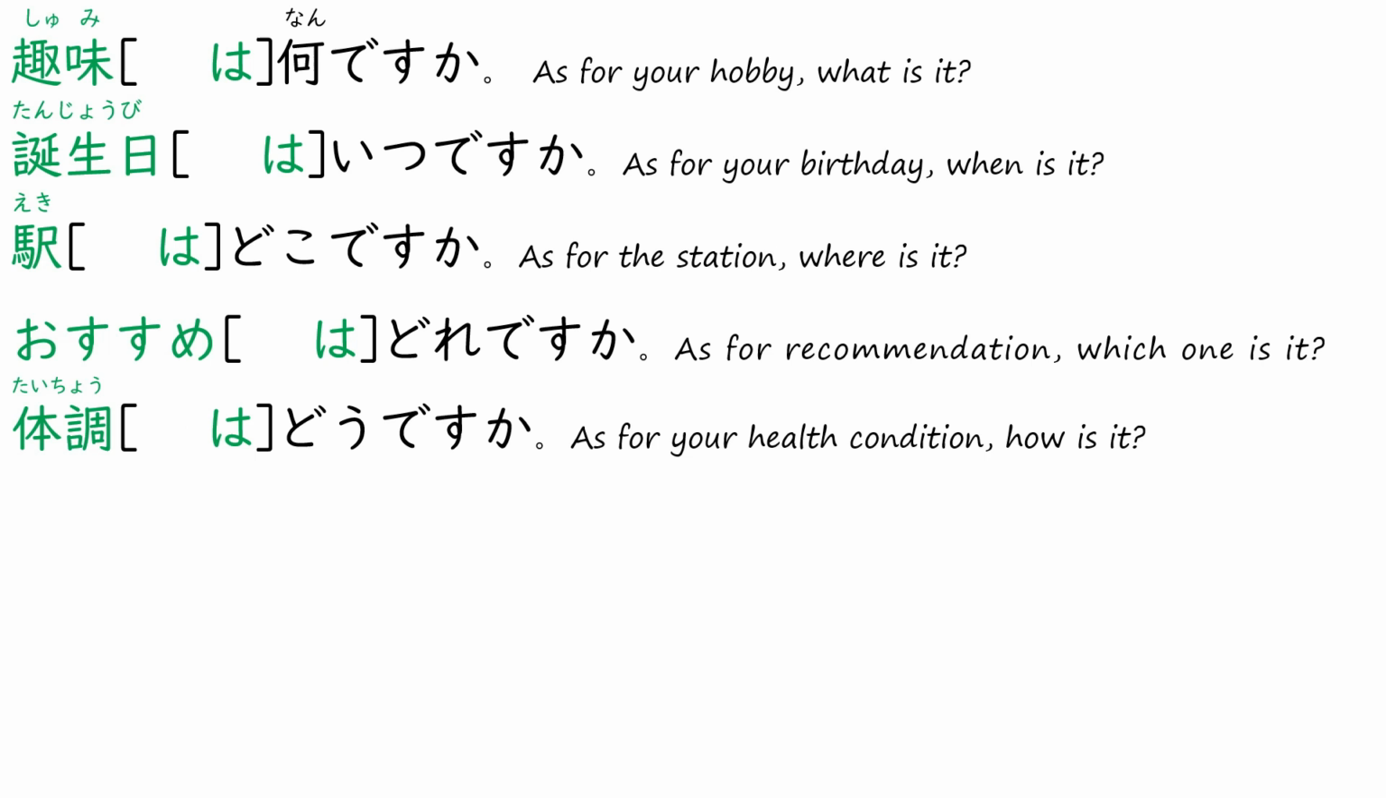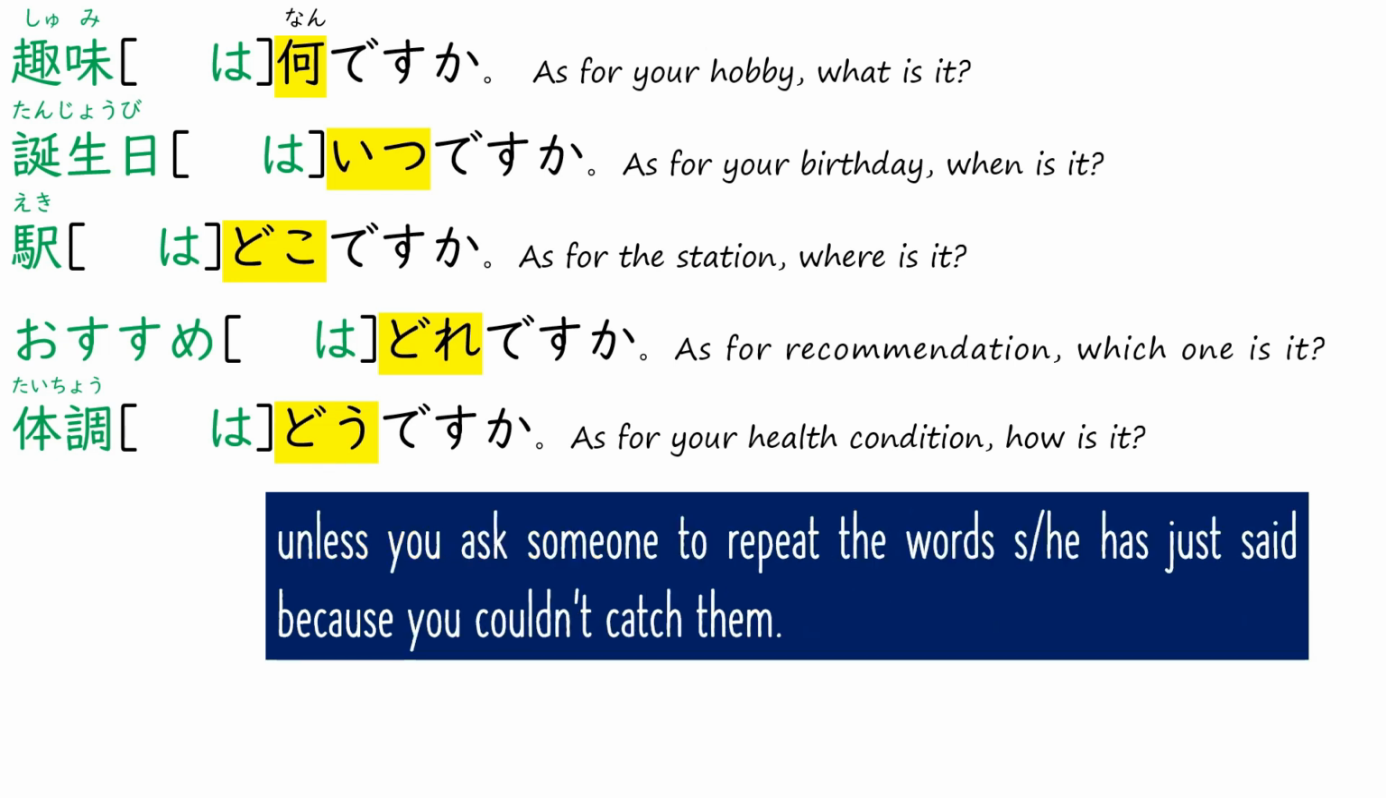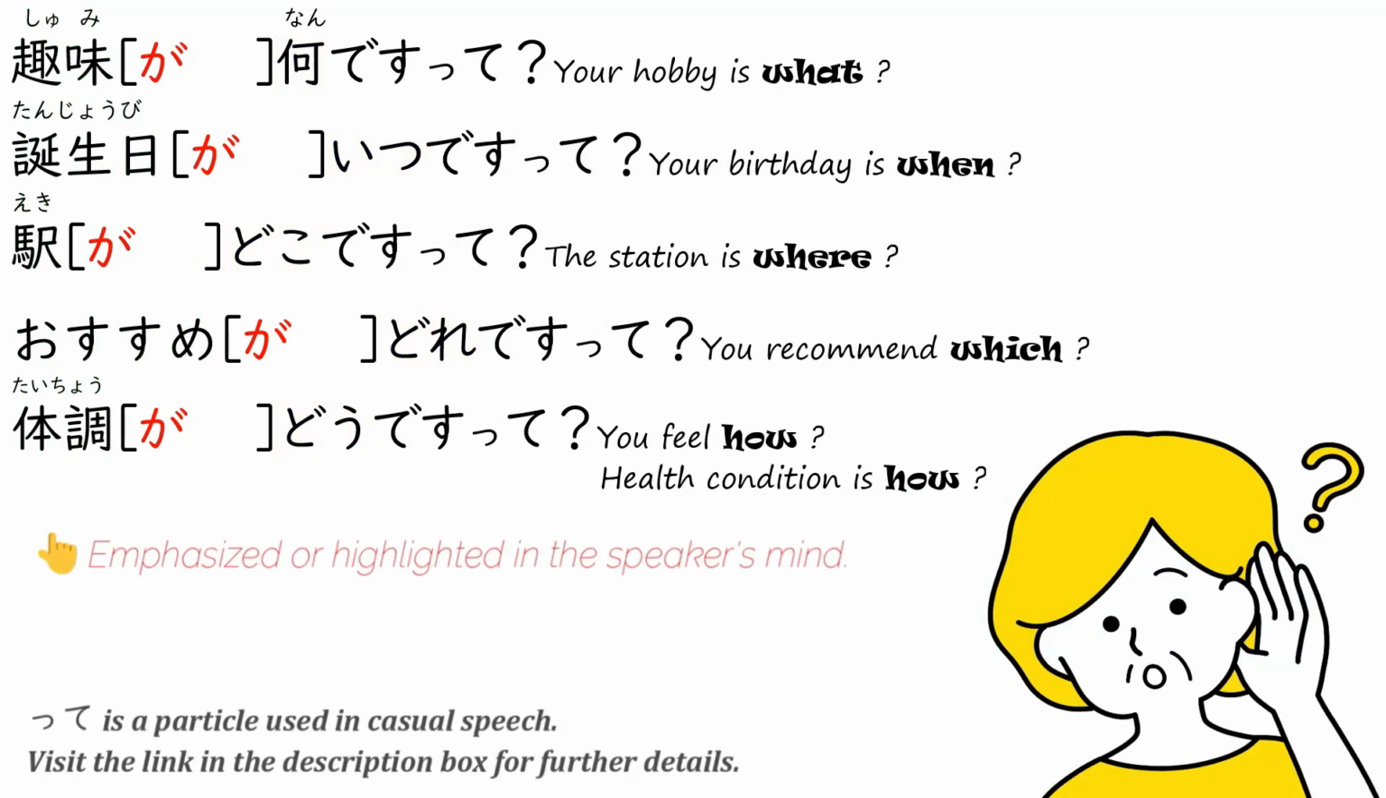趣味は何ですか？誕生日はいつですか？駅はどこですか？おすすめはどれですか？体調はどうですか？WH question words normally follow 題目 in many cases, because such questions should be used to refer to a new topic in a conversation, unless you ask someone to repeat the words she or he has just said, because you couldn't catch them. 趣味が何ですって？誕生日がいつですって？駅がどこですって？おすすめがどれですって？体調がどうですって？